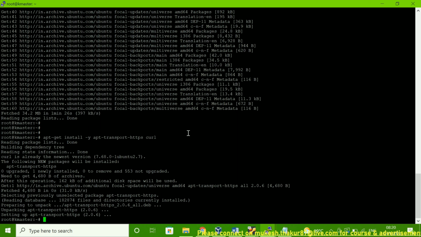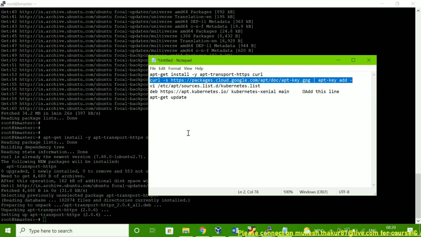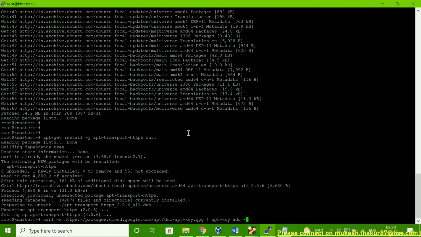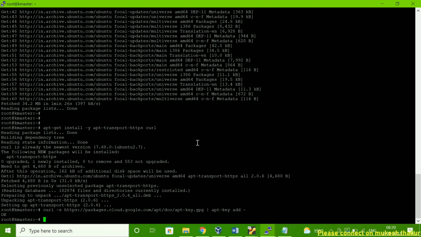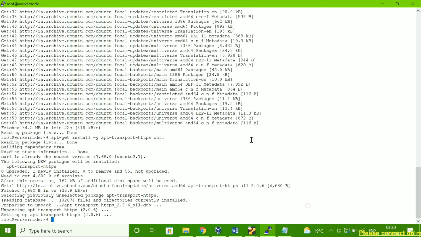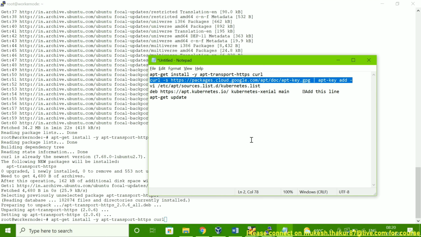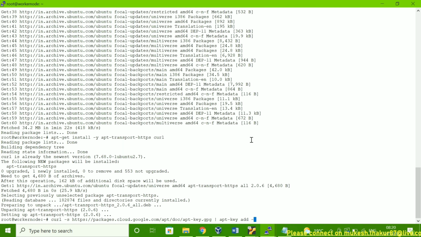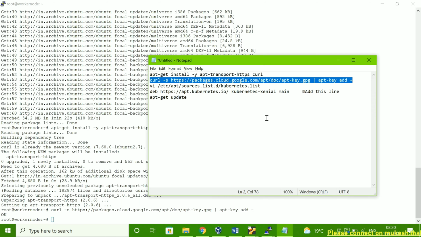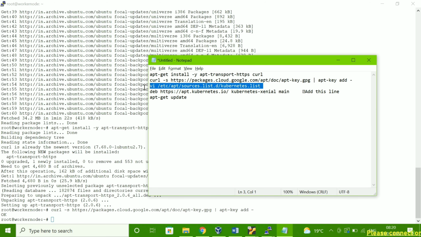Fine. So the first command is run. Now we will run this command. Okay, here also the first command is done. Now we can run this. One second. Yeah, we can run this command now. Now we have to create this file and add this.